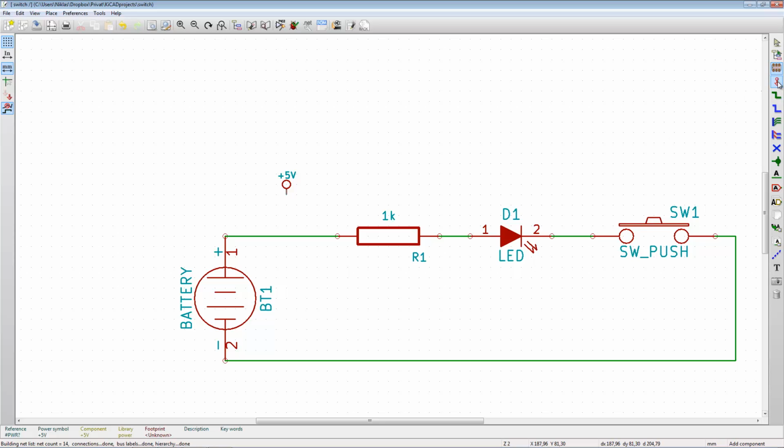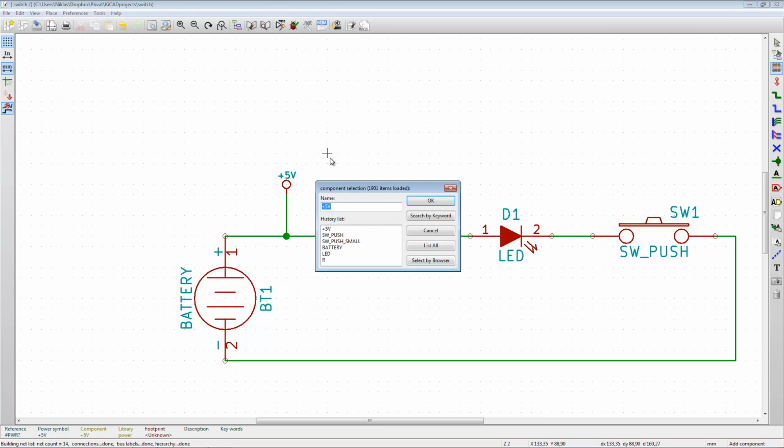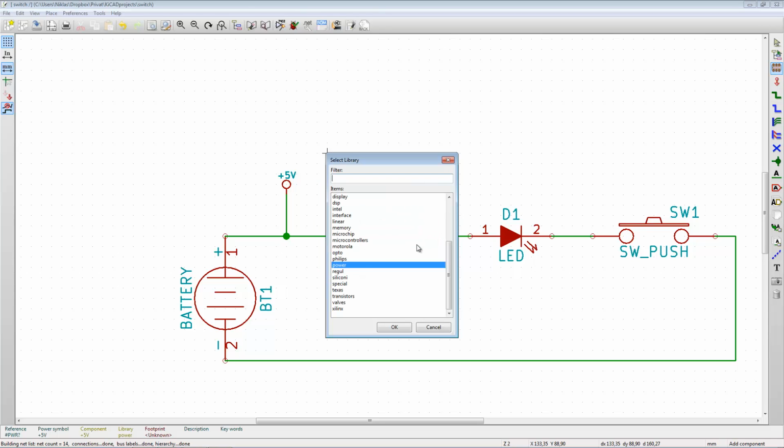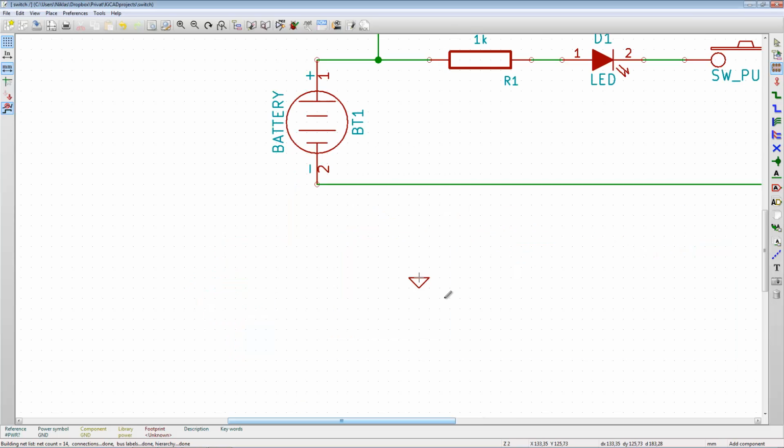Connect that to the circuit like that, and we need to place a ground. Okay, now power, ground, analog ground, ordinary ground. Yeah, place that somewhere down there. Connect that one,